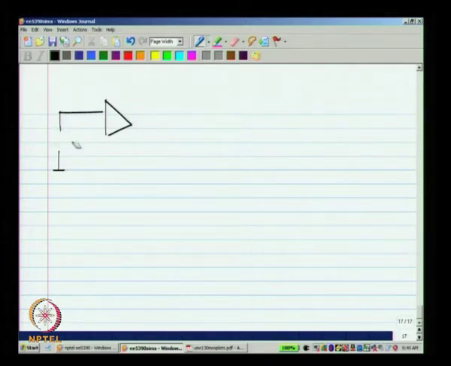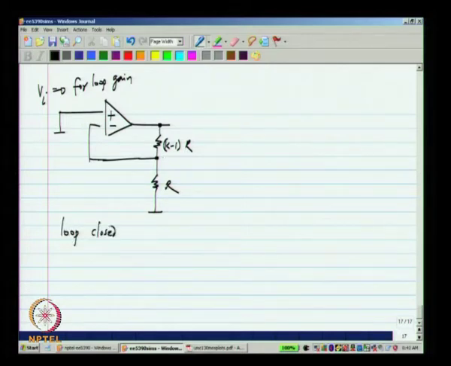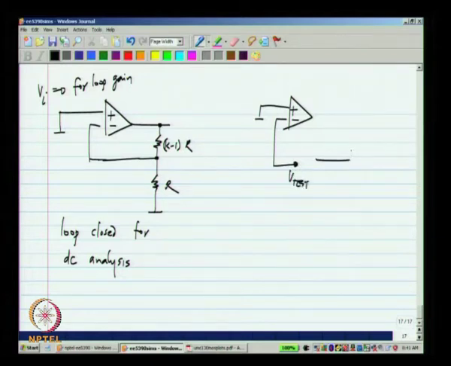And when I compute loop gains, I set Vi to 0, that is what I will show here onwards. So, the circuit should look like this, the loop must be closed for DC analysis, but it must be open for AC analysis.